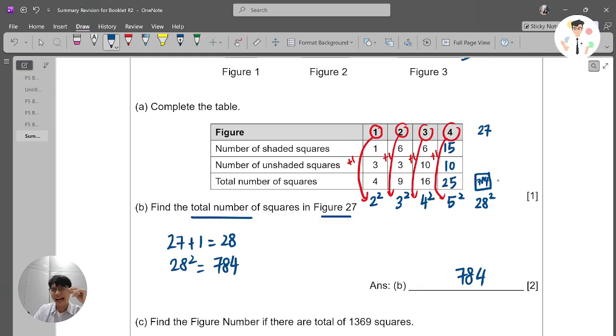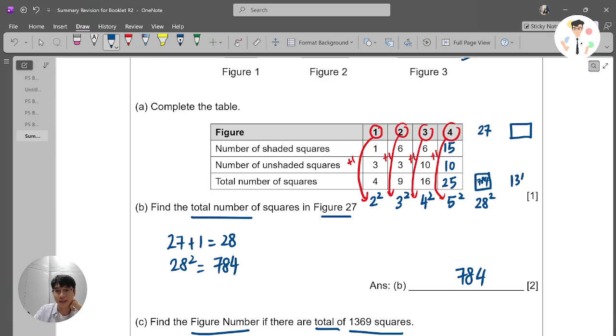Now, I hope you get an idea here. That is how we are looking forward to finding the answer. Now, let's look at the next one. C, a bit tricky now. Find the figure number. I'm looking for this figure number now, if the total of squares is